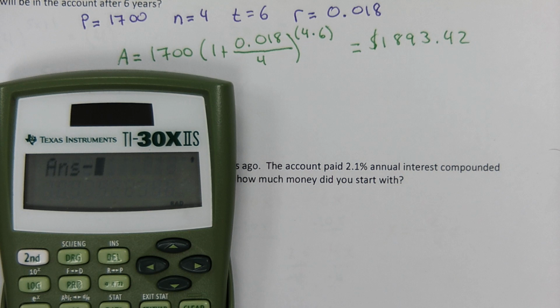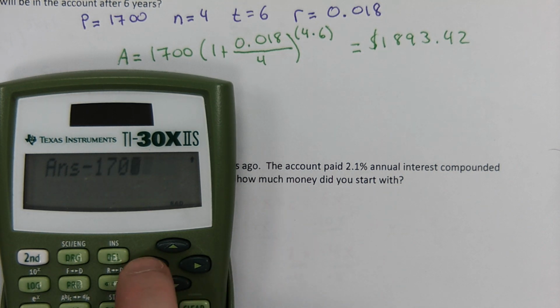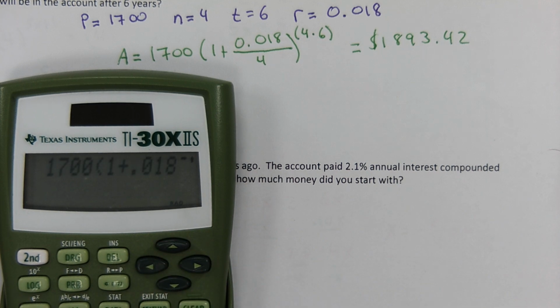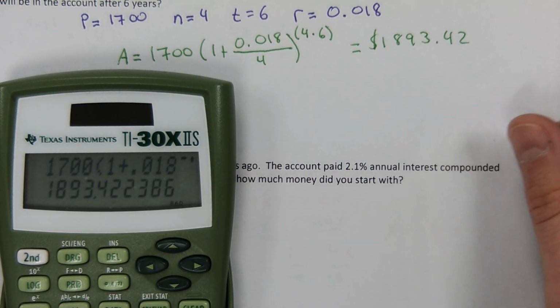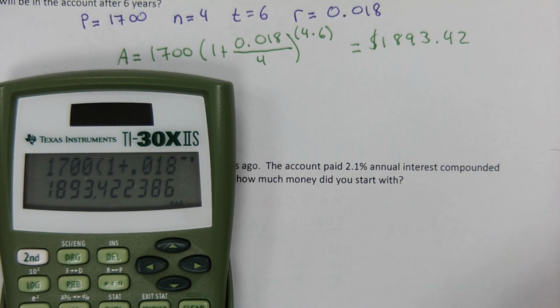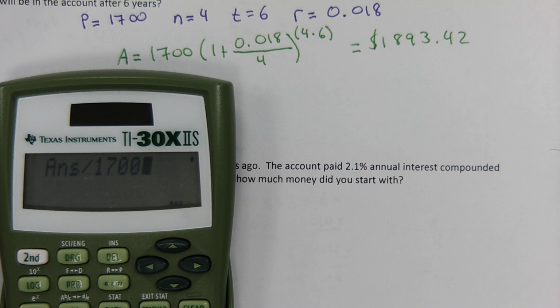So I'm just going to remove the 1,700. Actually, I think that's the harder way to do it. Let's not do it that way. Let's see what percent gain we had. That's the easier way to do it, okay? What we're going to do is divide by 1,700 to see what our percent gain was. Does that make sense? So divide by 1,700, and I multiply by 100